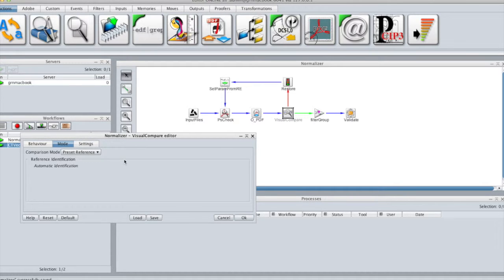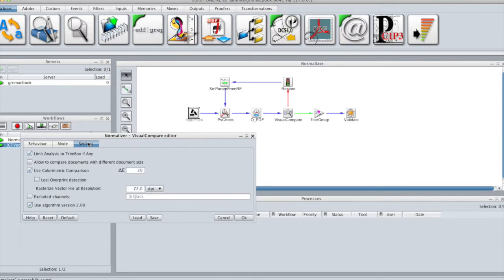In this case, the Visual Compare will compare the incoming document with the original one. Actually, when this mode is activated, the input file at the beginning of the workflow will automatically keep a copy of the original document and make it available for a comparison anywhere in the workflow. So there is nothing else to set up here.